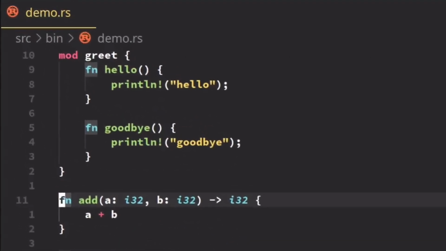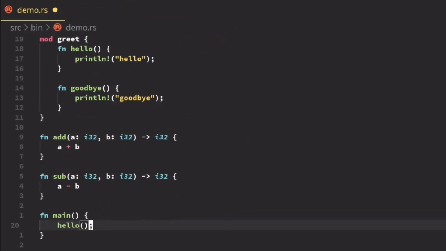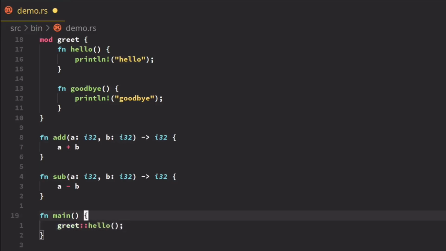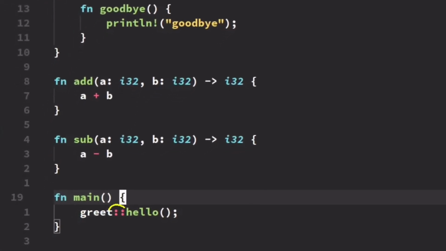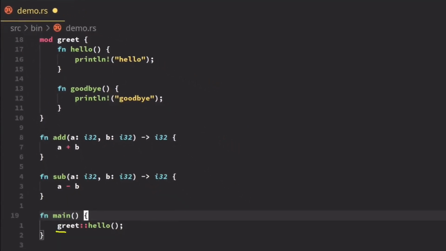Now that these functions are within the greet module, you'll need to access them differently in your main function. Previously, you would be able to just call hello as a function and it would work. But now that it's in a greet module, we have to specify which module we are using. In this case, we're using the greet module. So we just type in greet, followed by the 2 colons, and then the name of the function we're trying to access. Since hello is within the scope of the greet module, we have to use the word greet in